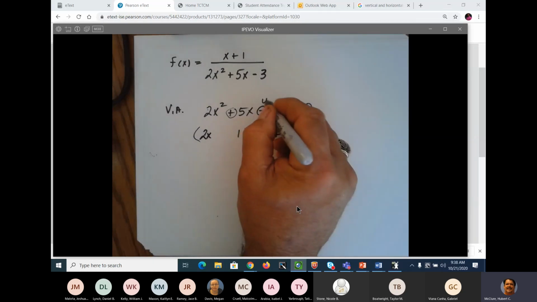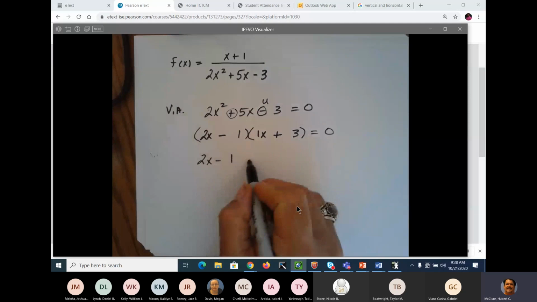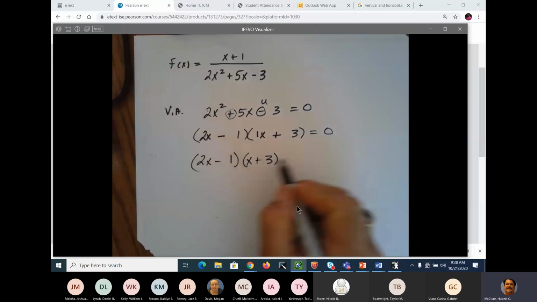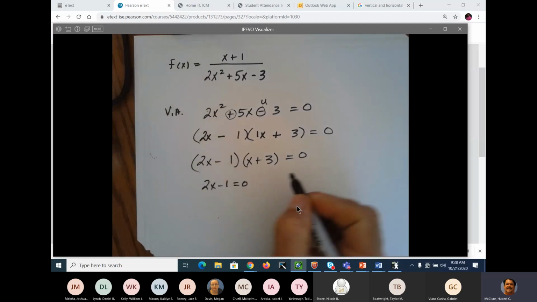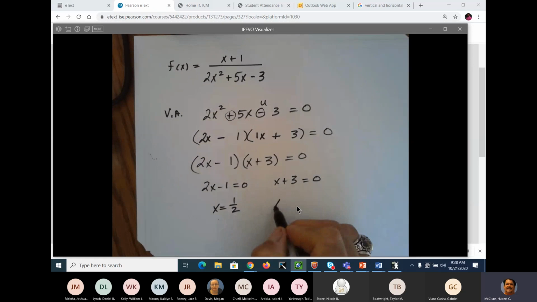This is unlike, so 2x minus 1 and x plus 3 is equal to 0. 2x minus 1 is equal to 0. x plus 3 is equal to 0. Add 1 and divide by 2, x is equal to 1/2, and x is equal to -3. These are your two